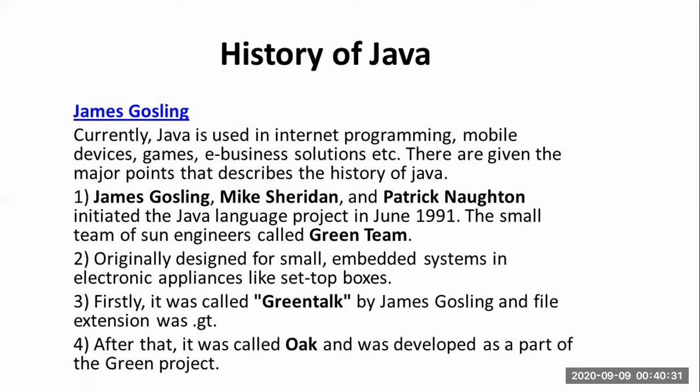See, when we come across a C program and all, we use it only for system-based programs, not for internet-based or mobile devices. We cannot design those using C programs. But when it comes to Java, we can use it for many applications. That's the reason, see, in 1991 they introduced it. Now we are in 2020. Still there is a lot of recruitment for Java programmers. So now a lot of scope is there because it encloses the key features of internet programming, mobile programming, gaming, e-business solutions, and other things. So that's a key feature of Java.